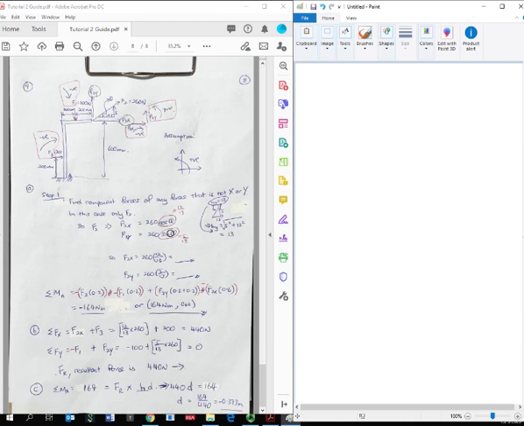Total moment about A, right? So the total moment about A will be incurred by how many forces? First and foremost, you must know how many forces first. You have F3, right? You have F3 which is affecting